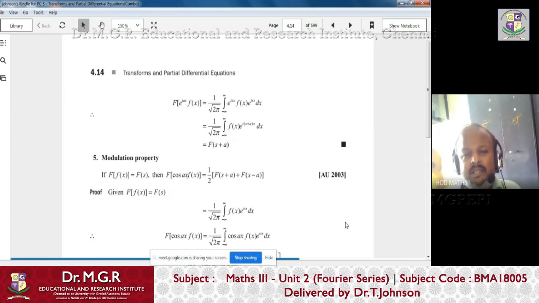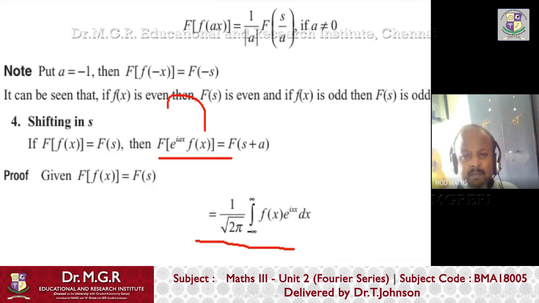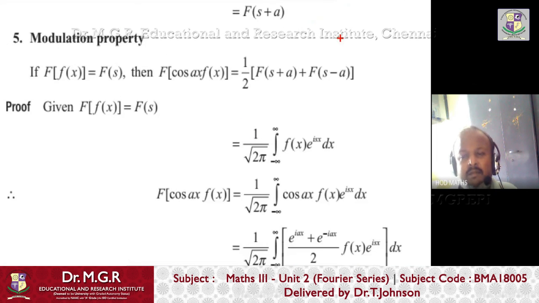Here we have to prove it in a reverse manner, right? You just take what is the Fourier transform of f of x. The Fourier transform of f of x is this. But what is given in the statement? They are asking for the Fourier transform of f of x multiplied with e power ix. So e power ix is a function of x here. Previously it was a function of s, e power isx. But now it is a function of x multiplied with f of x, and this is the answer. So whenever you multiply e power ix with f of x, you'll get the